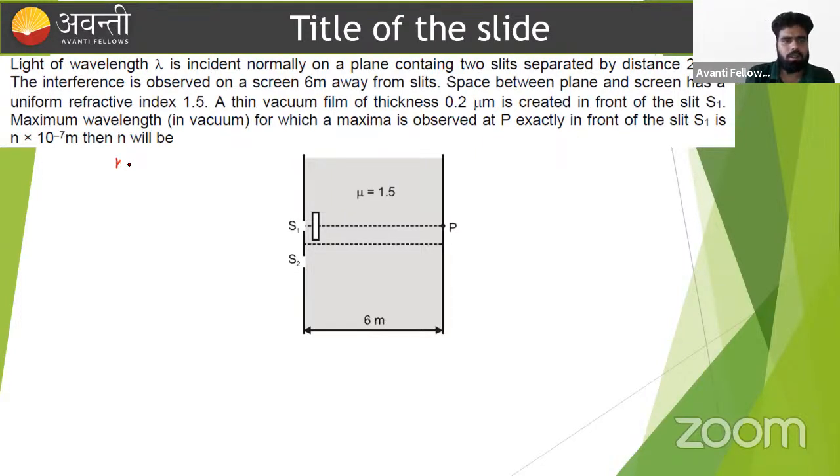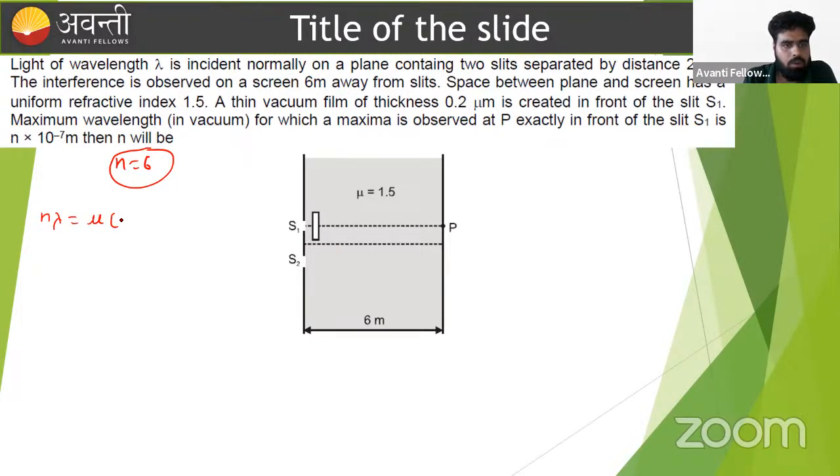What is the answer for this question, beta? We should note down that n equal to 6 here. And how can we solve it? We know we need the required path difference. The path difference for maxima is always n lambda. We also have to find out how we can write down the path difference, beta. We should follow the procedure that